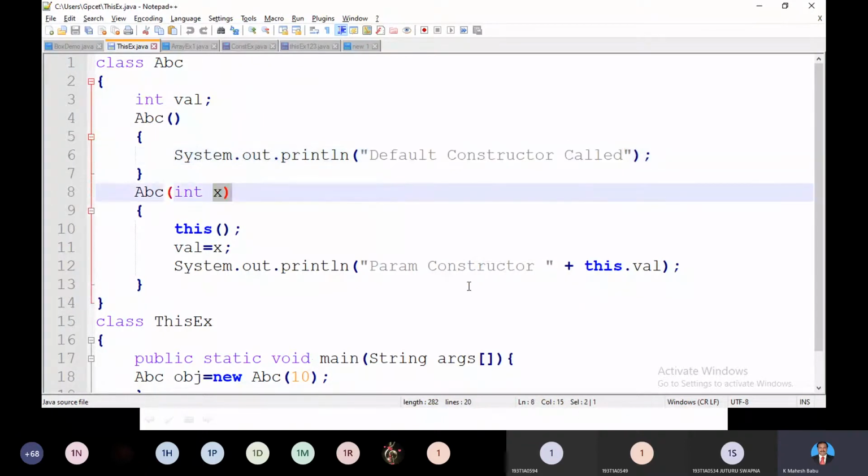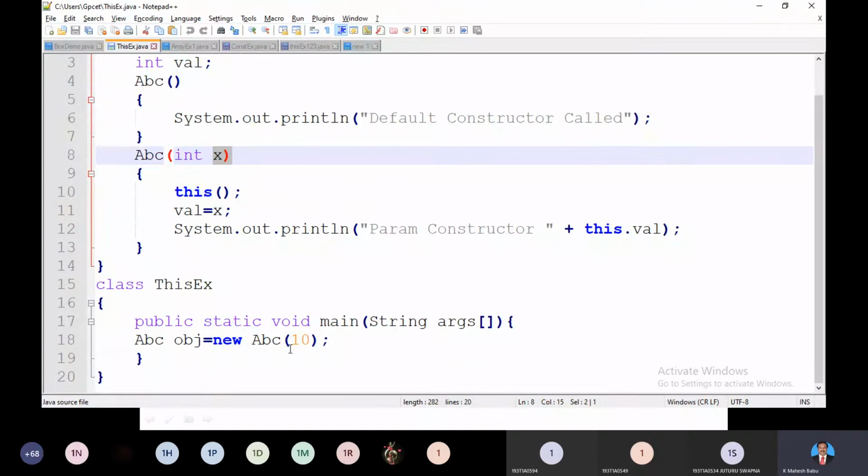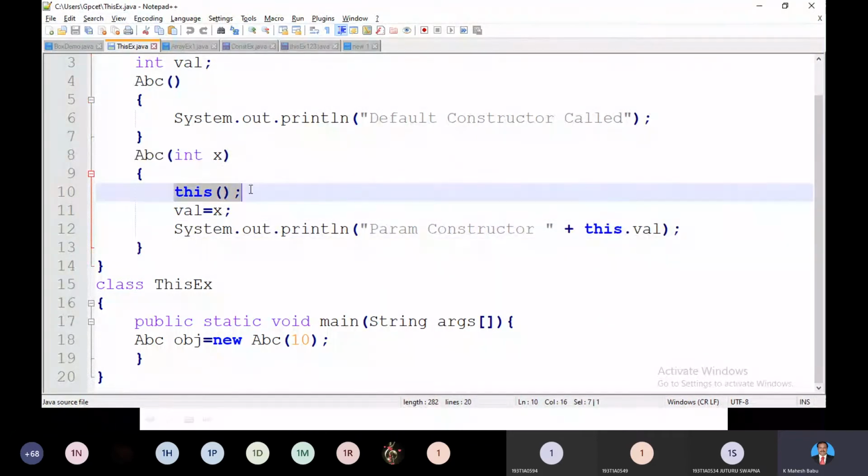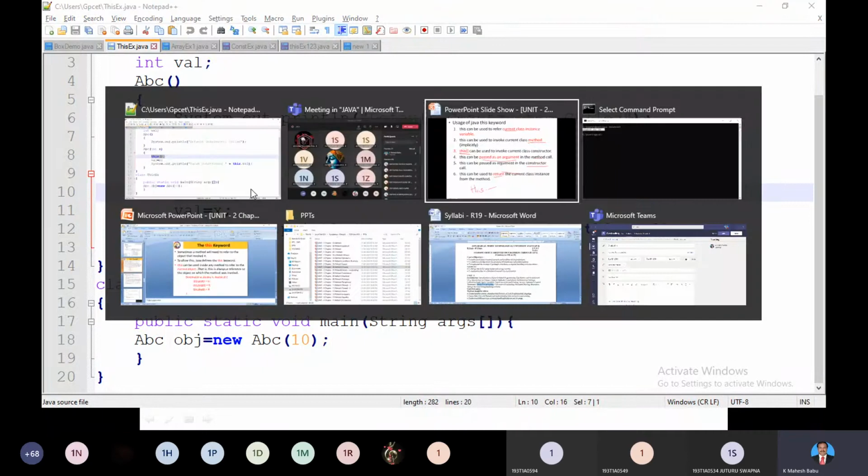Next, whatever value you supplied in the creation, 10, is going to be assigned to X. That 10 is going to be assigned again to VAL, the current object's instance variable. This instance variable is going to be printed directly like this, or else you can use VAL directly. So here two constructors are executed one by one by using this followed by the parenthesis, meaning you are invoking a default constructor. See here how it is.